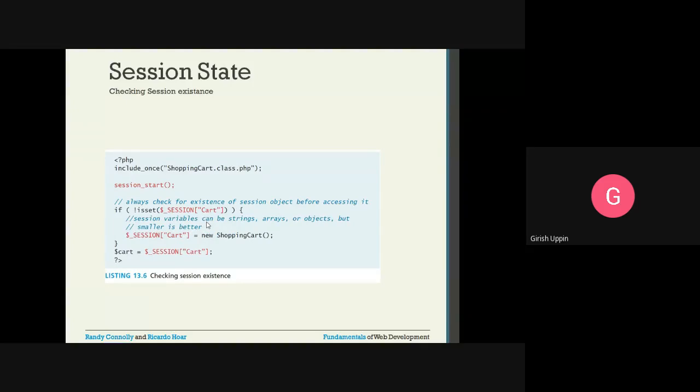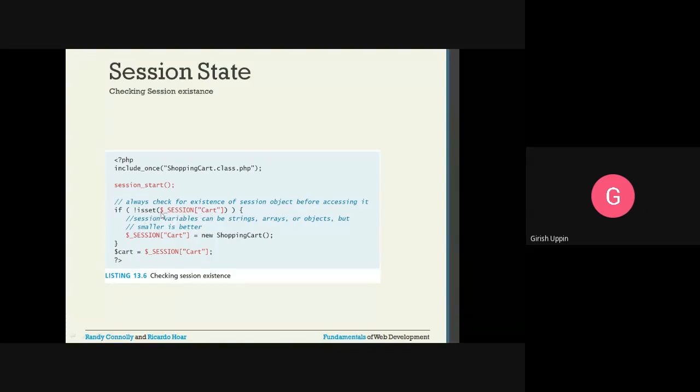Then checking session state existence. Here in the PHP code we have the beginning and the ending. We have included a class file, the PHP file having a class ShoppingCart. Then session_start. Then we are checking whether that session object is created or not using the isset method, isset $_SESSION cart.